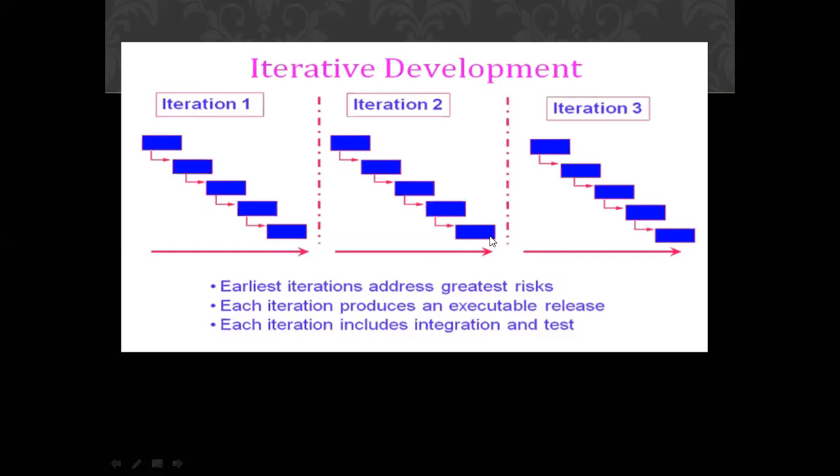In how many iterations it will get completed depends on the size of the project. It can go up to 3 iterations, 4 iterations. If a very large project is there, it can go to 8 to 10 iterations. So that is how it helped to improve the things that were not there in the waterfall model. It has given a better opportunity to reuse things. It has provided better quality of the project. It has provided greater predictability, and the losses became minimum. The risk started appearing very less.